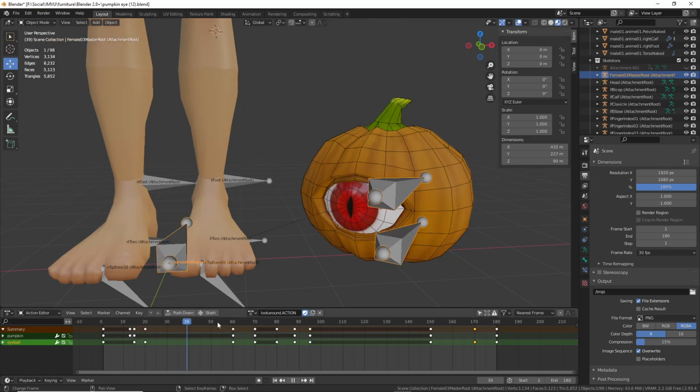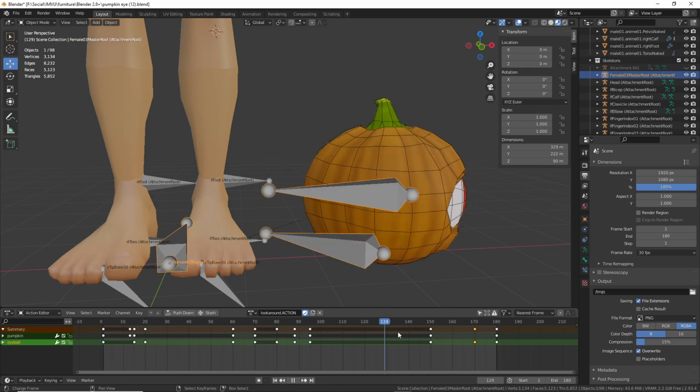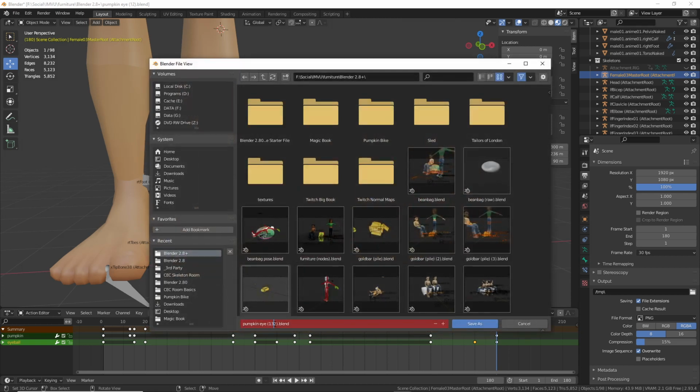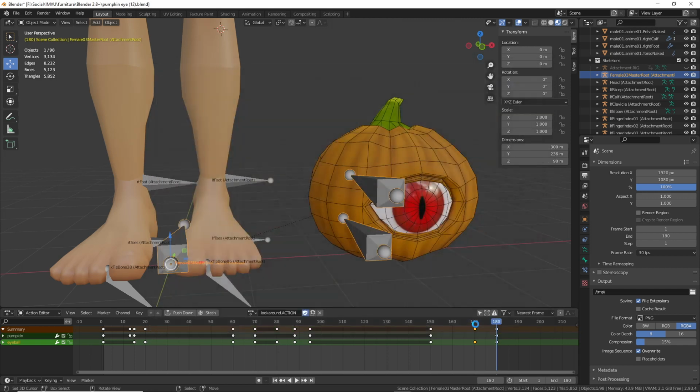So we have a sequence that we can try an export for. So file, let's just save this. File, save as 13. Now for export, as mentioned at the beginning, we are in the action editor because we've made our sequence by posing. We physically posed the bones, so we've changed the positions of the bones. And we've done that within the action editor. So all we need to do